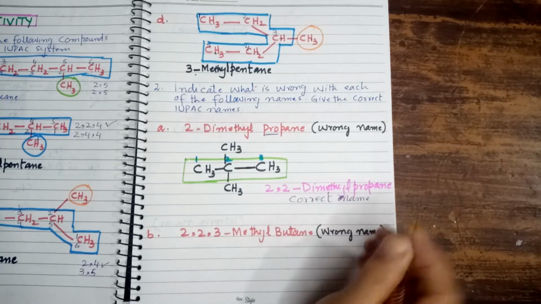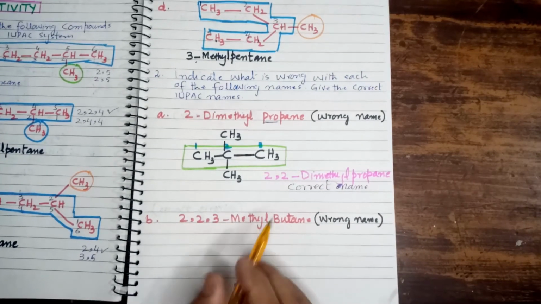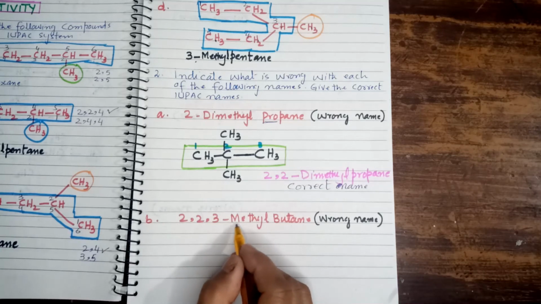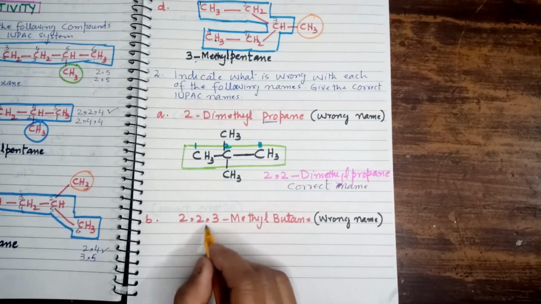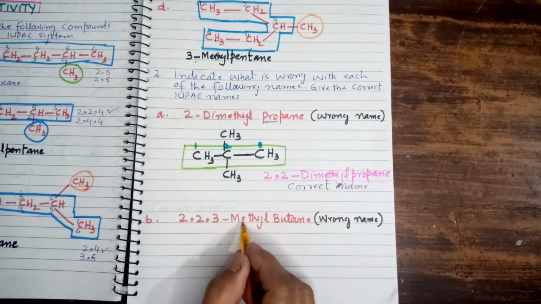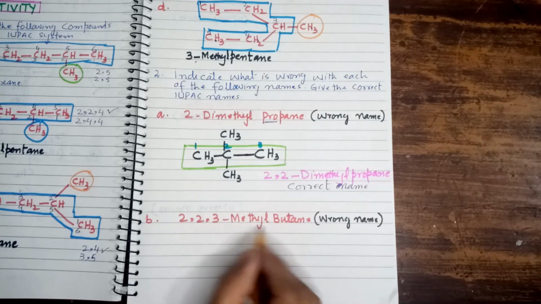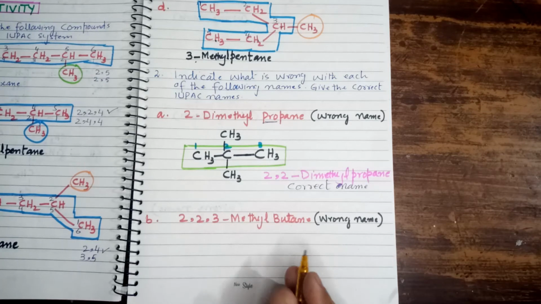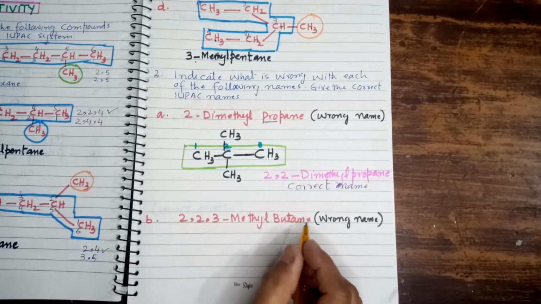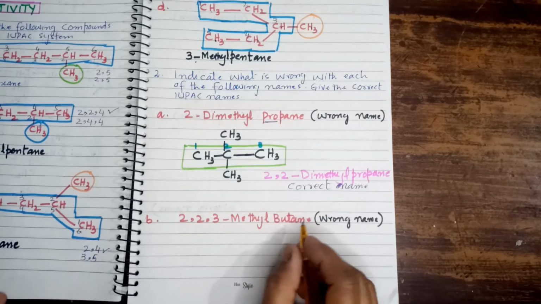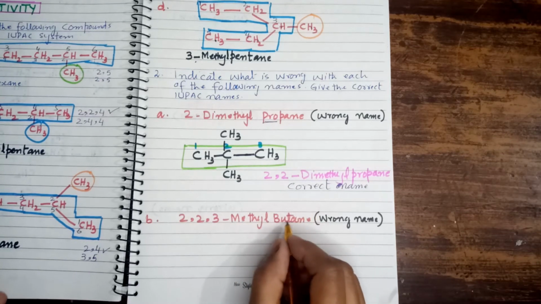All right. Now, see, another structure is given to us, right? And we are asked to indicate the mistake in the given name, and to draw the correct structure of this compound, right, students? So, what should we do first? As I have told you, if names are given and you are asked to draw the structure, you will see the name of the parent chain.